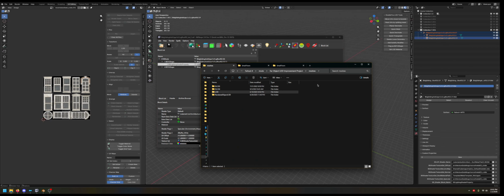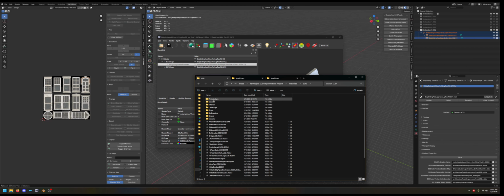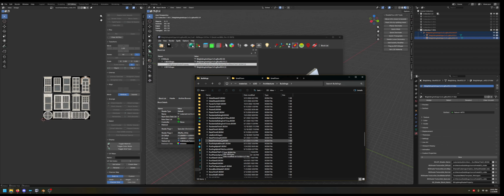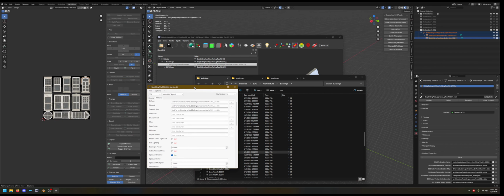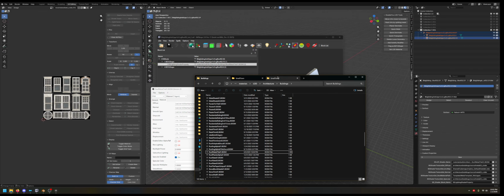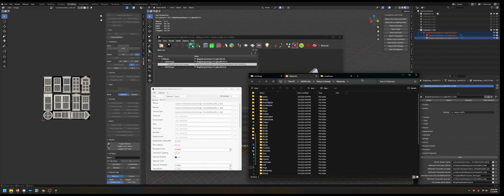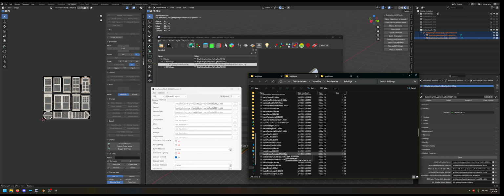So for instance, in the FAR Object LOD Improvement Project, I have done this for a very large amount of the vanilla materials, and you'll see architecture, buildings, roof metal tile. You will see that it is simply set up to point to an LOD version of it. Now, if we were to pull up the original material, which is materials, architecture, buildings, roof metal tile,